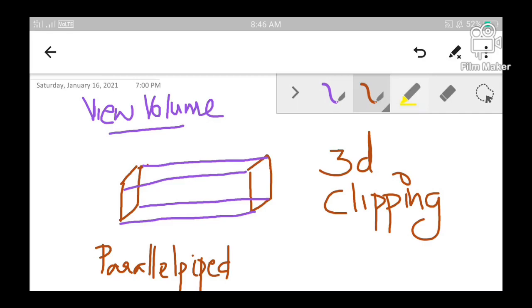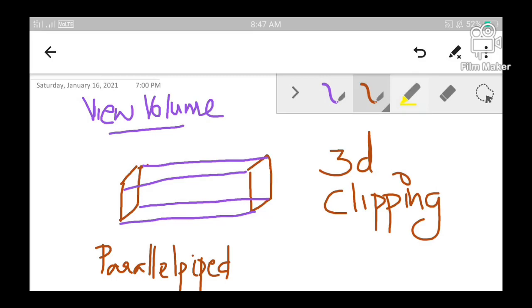That means whatever lies within this area will be captured and displayed on the scene, and all those portions of the picture or the object which lie outside the view volume have to be clipped off, and this is what is termed as 3D clipping.